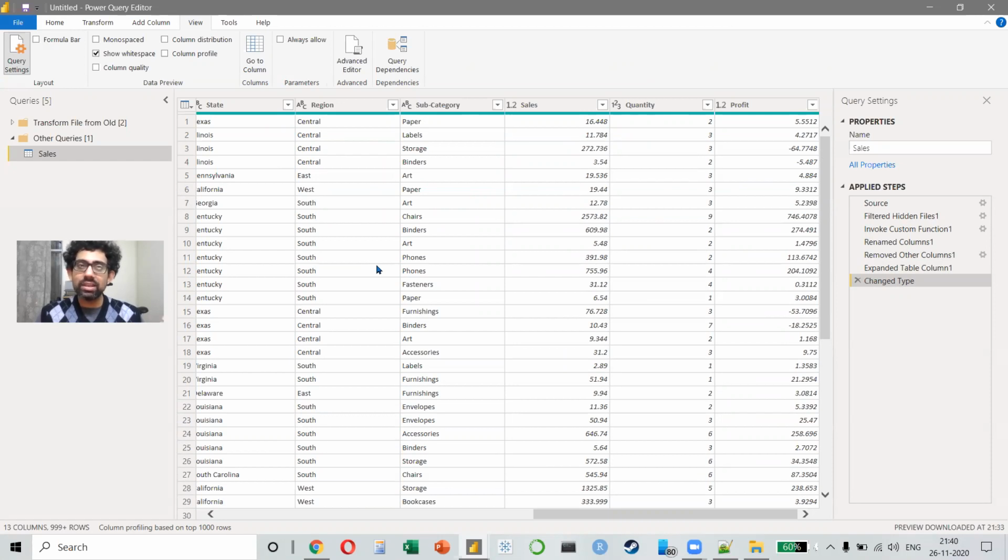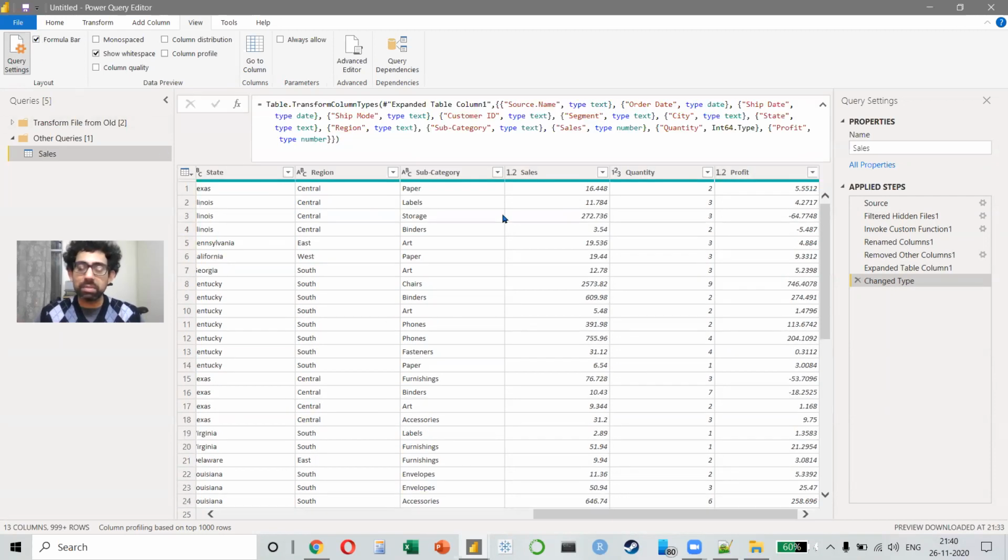Now, can you learn Power Query in one day? Obviously not. Power Query, I have been working on extensively for 2 years, and I feel I know about 10% of it. It's a very wide area. It has 800 plus functions, methods, and formulas in it. It's a very, very wide tool. Offers you amazing capabilities. So learn it a little bit at a time. Don't be in a hurry that you have to learn everything. That would not be possible. I have also shared access with you for an entire course on Power Query. I think it's a 3-hour course just on Power Query, right?